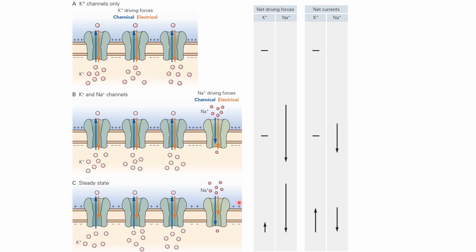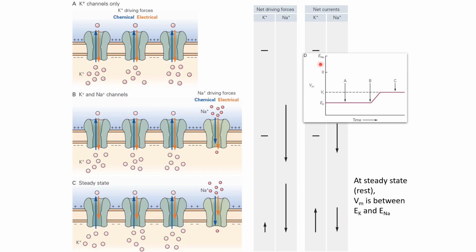So initially when the sodium current is higher and potassium current is lower, the membrane will be becoming less negative over time. But as the potassium current also increases, eventually a steady state will be reached where the sodium current and the potassium currents balance out, and the membrane potential would stop changing at that point. And that point will be somewhere in between the equilibrium potential of sodium and potassium, as shown on this plot.